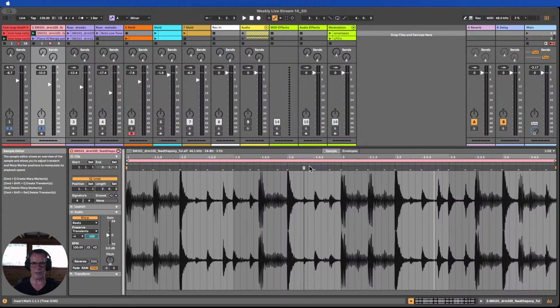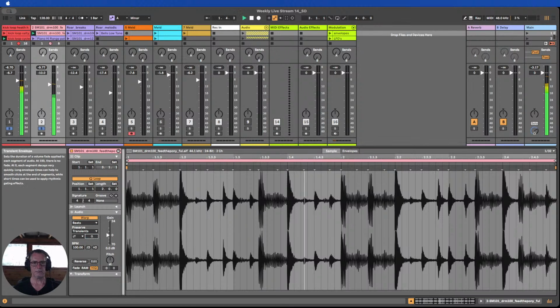All these little gray markers is what's going to currently happen. Let's see what happens when we move the value of 100, and so we're not preserving that timing anymore. Currently the transient timing is preserved. We're going to start manipulating that. If you leave it like this, you notice there's no difference, right? So we need to change the way Ableton does its warp engine. And if we change it to this straight through arrow at the top here,